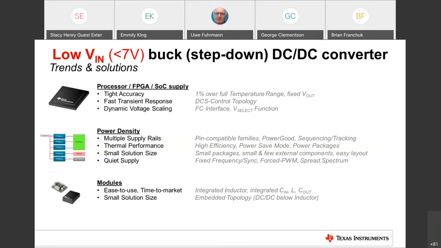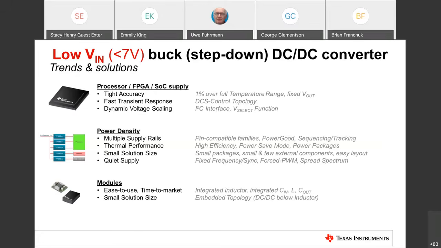So we have specific control topology to cope with that. And what we also see is that more and more of these systems can benefit from a dynamic voltage scaling, so changing the supply voltage during operation. Here an I2C interface can help, or select pins where you can toggle between different output voltages.